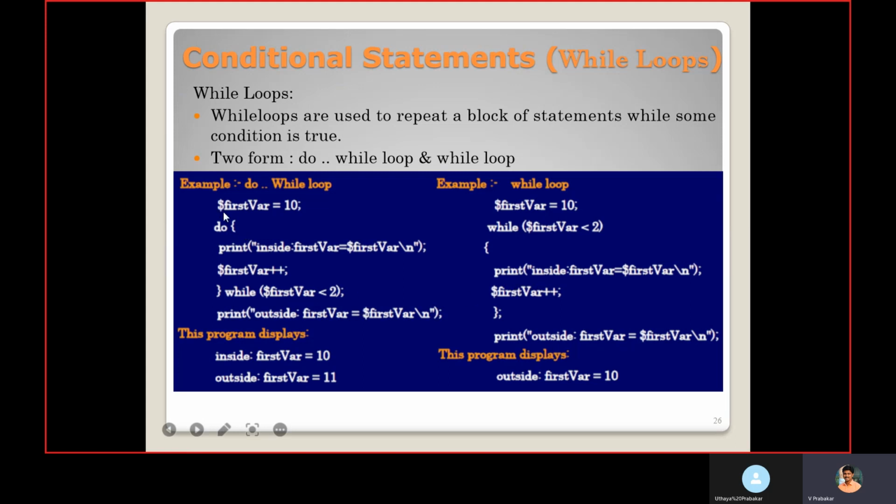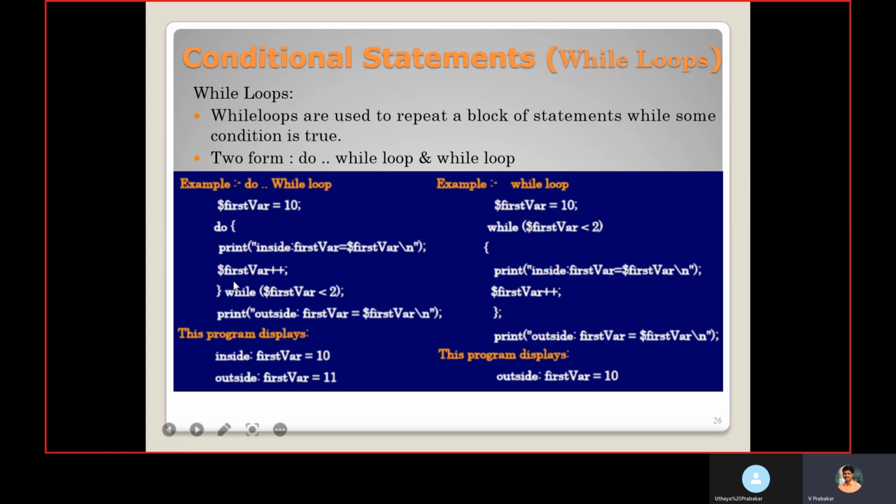Here in this example, first VAR is assigned the value 10. Inside the do, we are printing inside first VAR the corresponding value, and we increment first VAR by 1. Then we check while $first VAR less than 2. So first it will enter into this do.